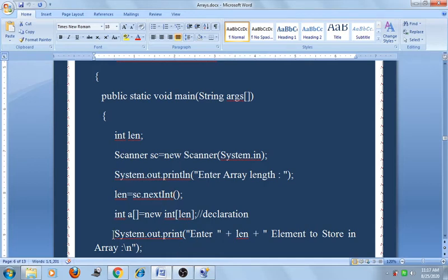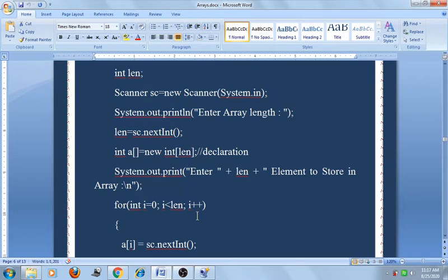So here we declare the array int a equal to new int of size len. Now we print "Enter the len elements to be stored in the array". Here plus is the concatenation operator.